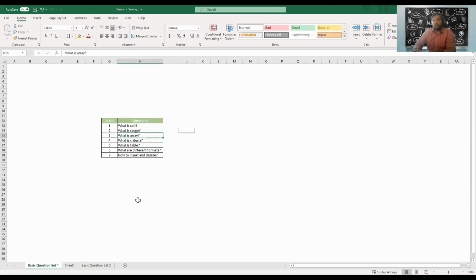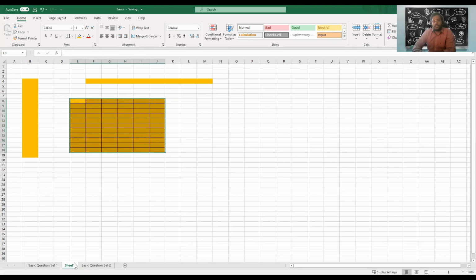Okay, we'll go to criteria. All these things you will see in the formula sections, where it will populate a few words for you. The formula will populate what it needs, and then these words will come to your help. So what is criteria? Criteria is basically a condition that you give to any formula. For example, if you go and watch our SUMIF and COUNTIF videos, which are coming in future, you will see that SUMIF is based on a condition. It will sum if the condition is satisfied, right? So for that, you need to provide a criteria.